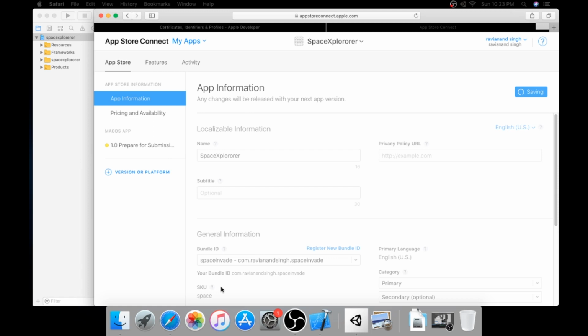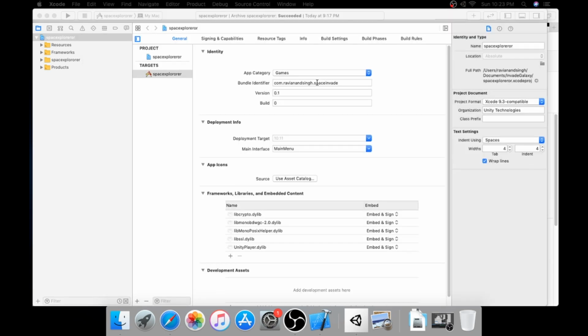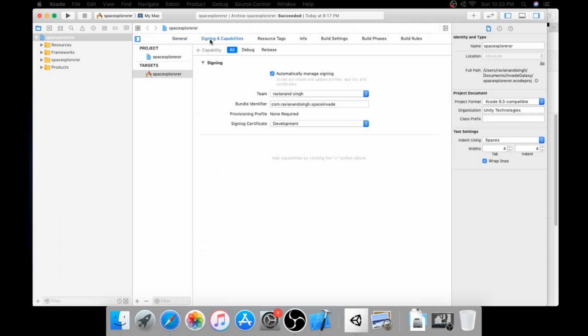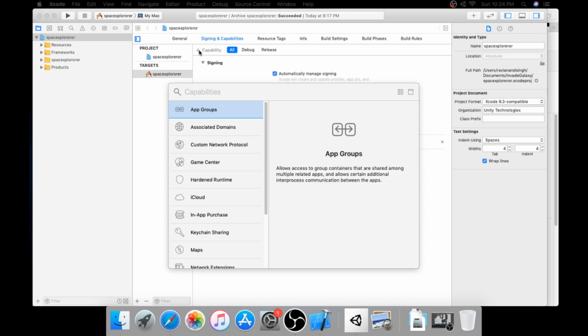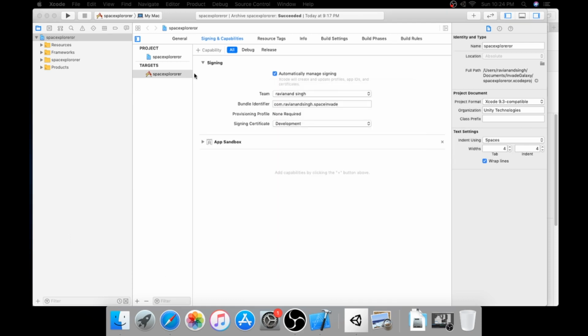Now we're going into Xcode. Make sure the bundle identifier matches the one you created right here. You're going into signing and capabilities, and you need to add a capability which is sandbox. I'll already add mine, but you just double click on sandbox. It will appear here and it will be added, like how you see sandbox here on mine. You click automatic signing and you will have your name, your team,